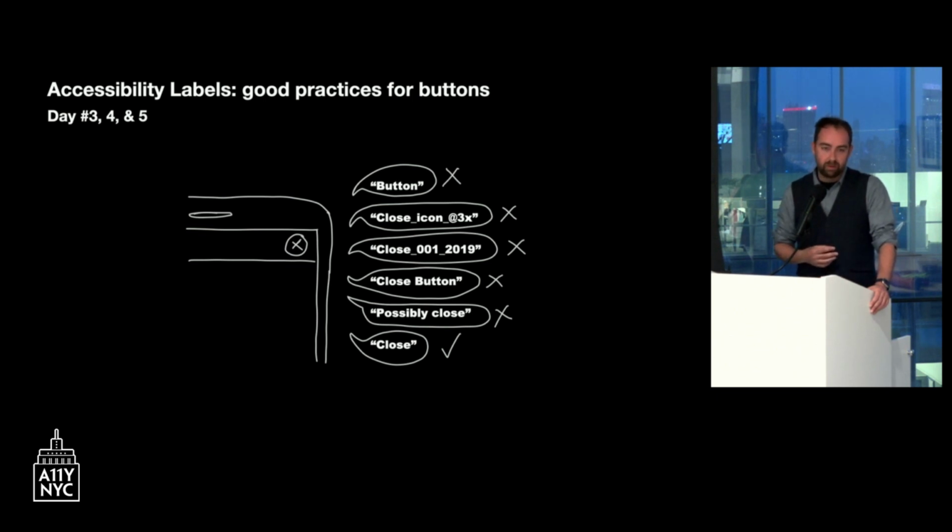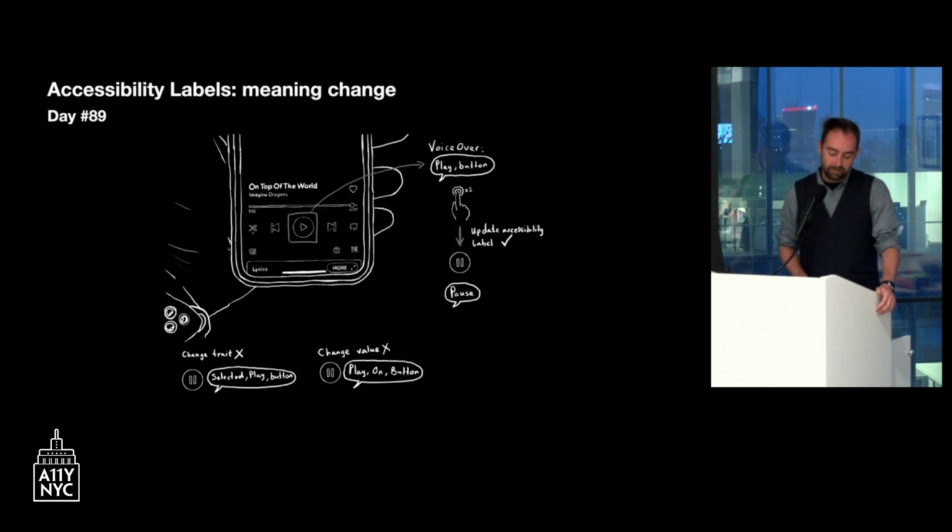We'll try to figure out something that makes some sense, like the name of the image, but that's not always the case. Sometimes we use names of images that are a bit random, basically. Sometimes VoiceOver will even try to figure out what the button does, and it will say something like "possibly close button." But that's not a great experience, and it's just one line of code, and definitely an issue that you can see in lots of apps.